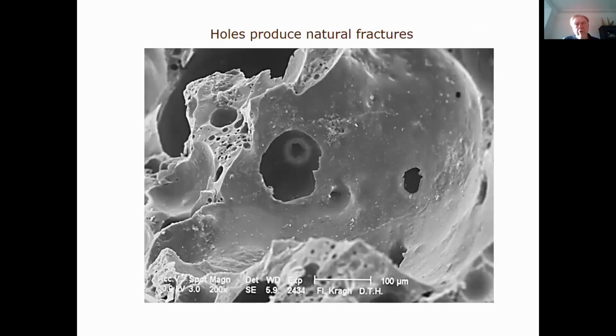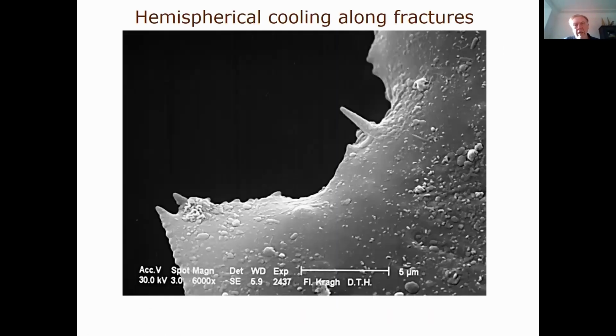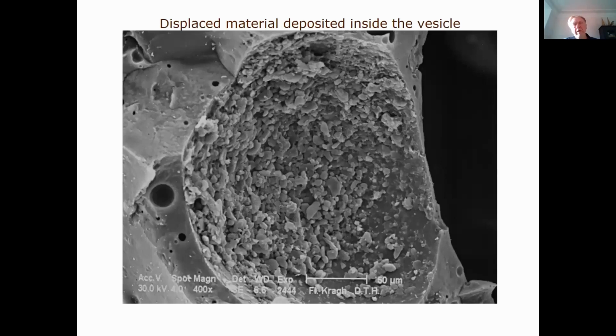In addition to the vesicles with smooth surfaces and holes, there is a bunch of vesicles that have an associated deposit on their surface. Now these details, we can see here that they actually consist of small pieces of the same material as the vesicle surface. So they were physically displaced and dropped onto the opposing surface of where the hole was forming.